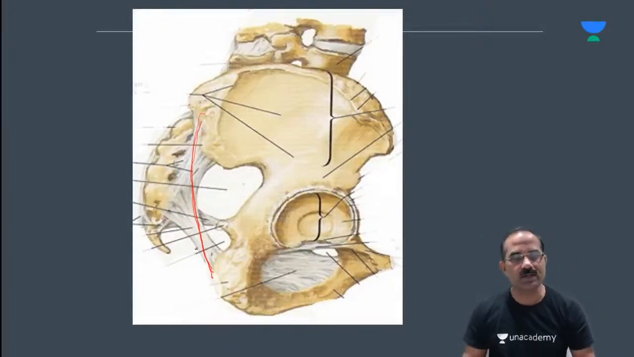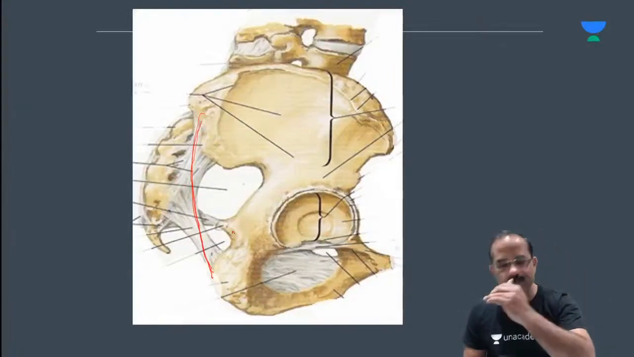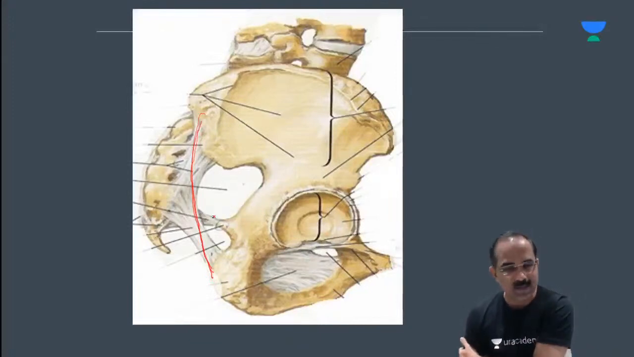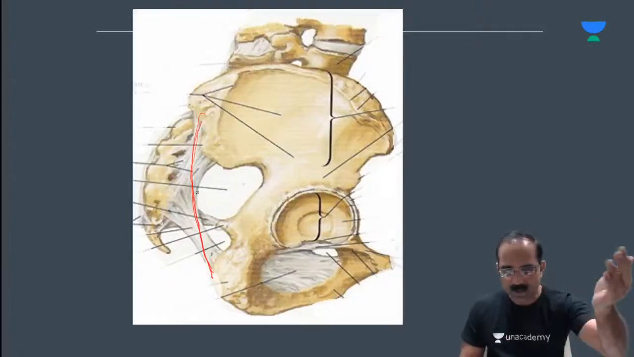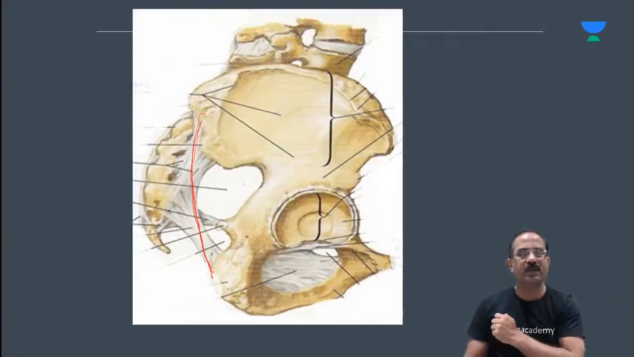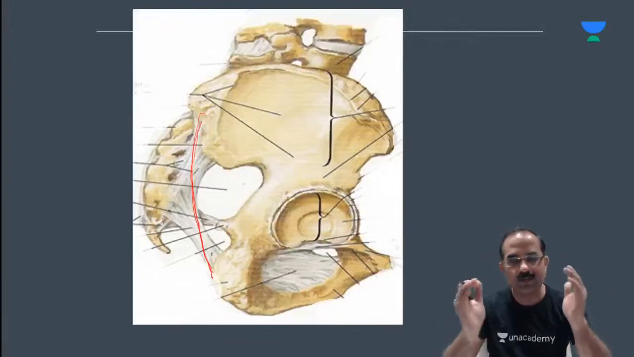This is what we call the sacrotuberous ligament. Correct? And the ligament which begins from the sacrum to the ischial spine, that's the sacrospinous ligament. So we've got two ligaments, the sacrotuberous and the sacrospinous, and incidentally these two ligaments are representing the degenerated parts